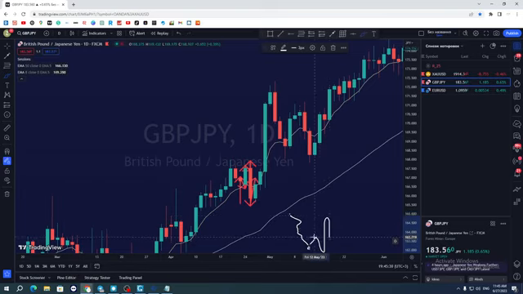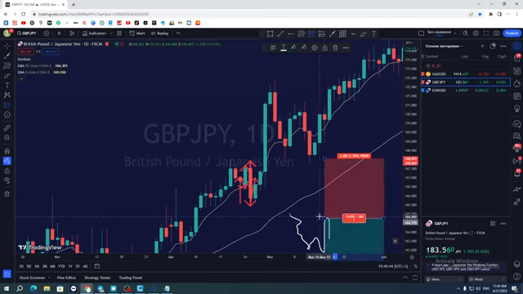You can see this is a clear break of structure, guys. That's the first sign, because even in this case you could grab some sells from here, some sells from here,